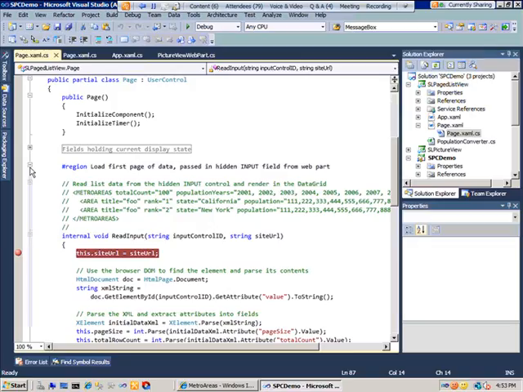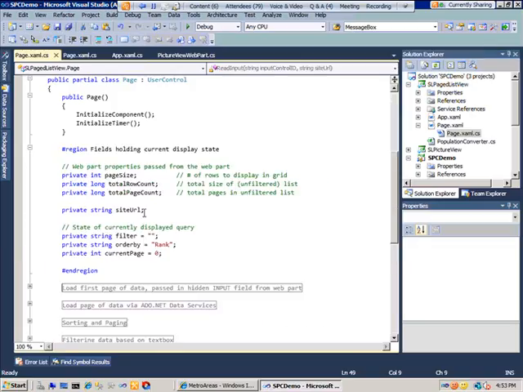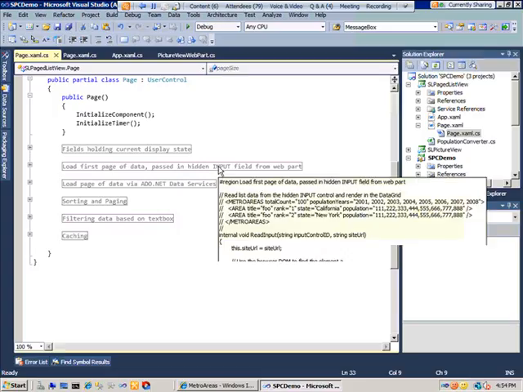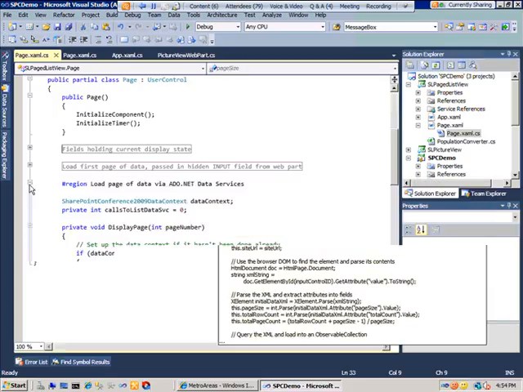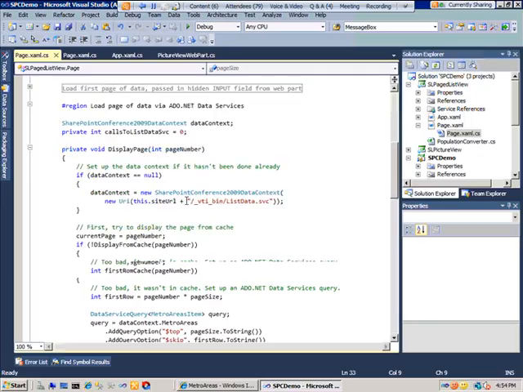So I actually have some fields here that are going to keep the current filter, the current order by, and the current page number. So as I move around, actually all we're going to do is update these fields, and then when it displays, it's actually going to use that to construct the correct query to ADO.NET Data Services. So here's display page, and this method gets called whenever anybody clicks on any of the headers or buttons, and